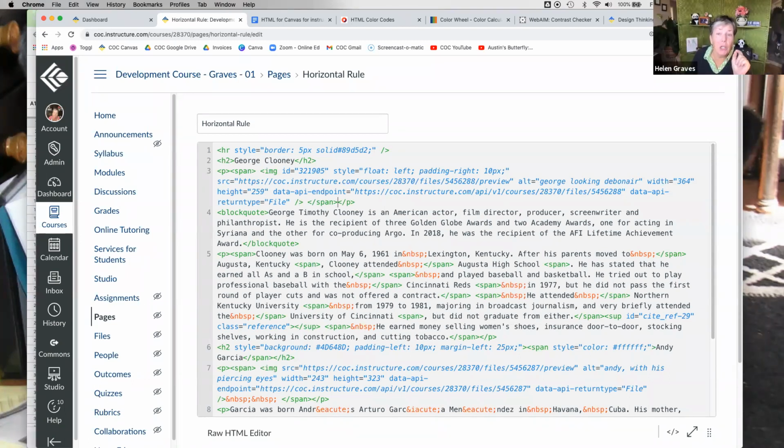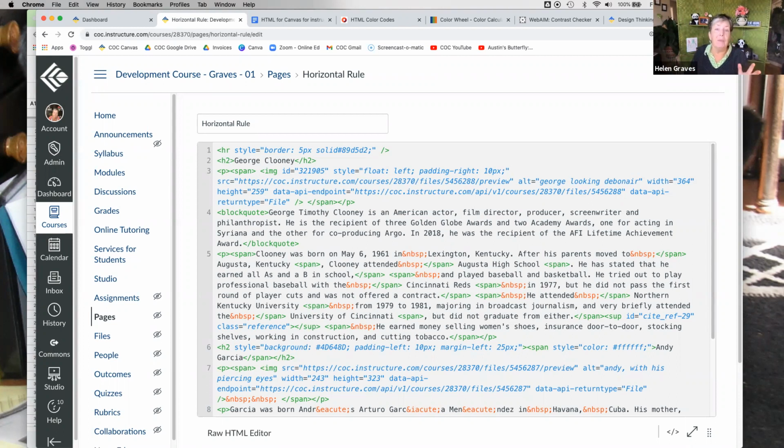So remember, the code is very persnickety. When you're doing things like adding padding, you want to make sure that you're getting your semicolons, you're getting the spaces, you're keeping it all within the quotation marks. You notice the style opens with a quotation, closes with a quotation. So just start becoming aware of those little nuances, because they're going to make a difference.